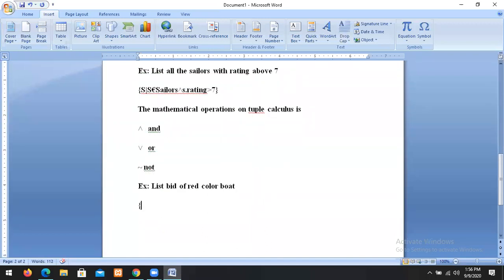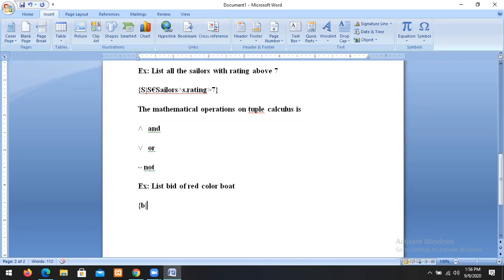Very simple. All tuple relational calculus queries begin with braces. You have to use any variable, b or t, as you wish. For Sailors I use S; similarly for boats you can use b or t, no problem.